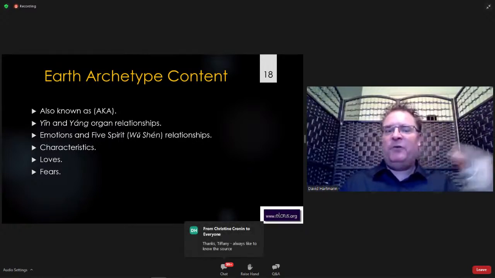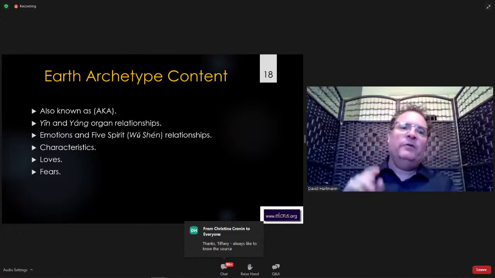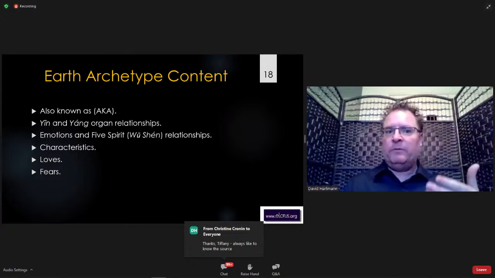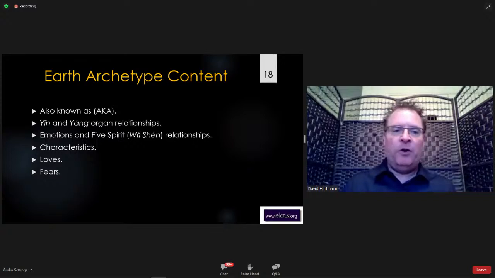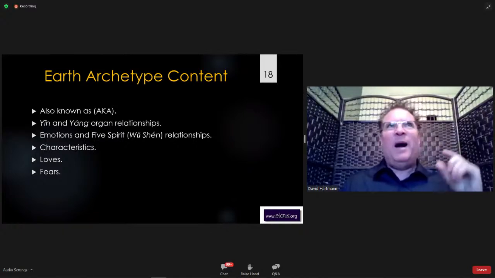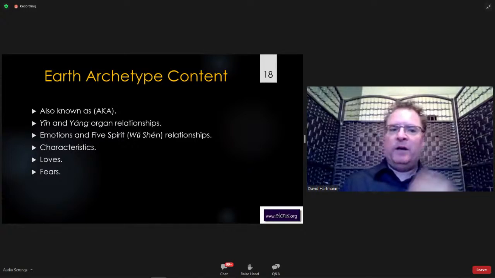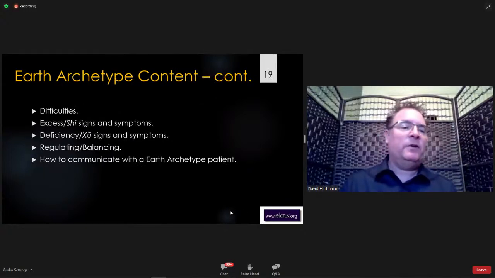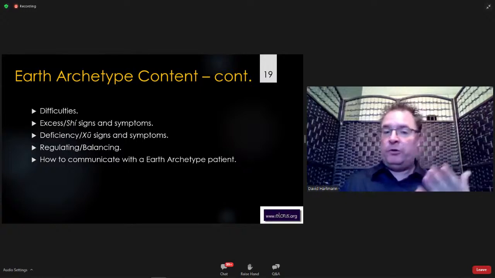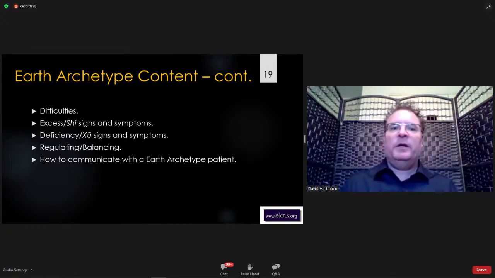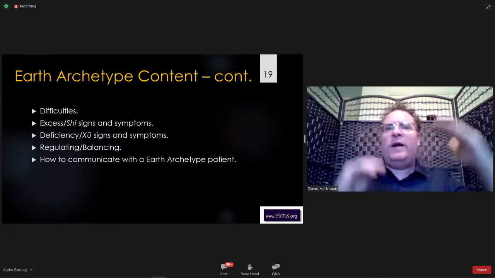The structure's the same for each archetype, as you've probably become used to. For those that are at the first one of these, the structure will be going through what an earth archetype is known as: its yin and yang partners, emotions, and 5 spirits. Then we go through each part of the archetype in more detail: characteristics, loves, fears, difficulties. We look at what the archetype is represented by through an excess, and then we look at a treatment, the deficiency treatment, or you aren't sure how excess or how deficient they are,